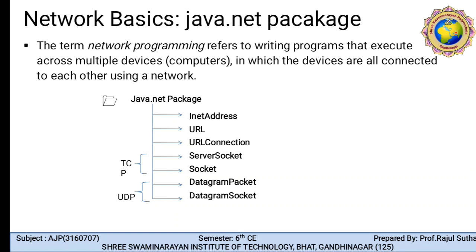We are all familiar with the difference between TCP and UDP. TCP is used when we want a connection oriented protocol, and UDP is used for connections like wireless connection, Wi-Fi, Bluetooth. That is all covered under UDP. It is a connectionless protocol. TCP is a connection oriented protocol. Here, for the Java.NET package, we import java.net.*. This is the main package that covers networking.